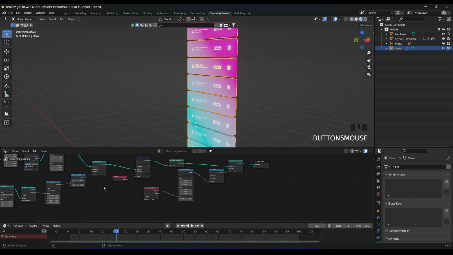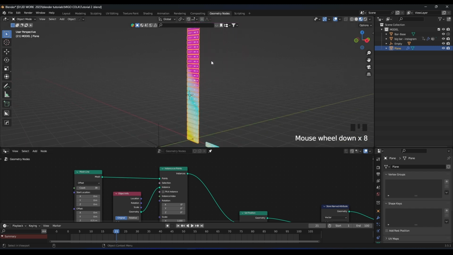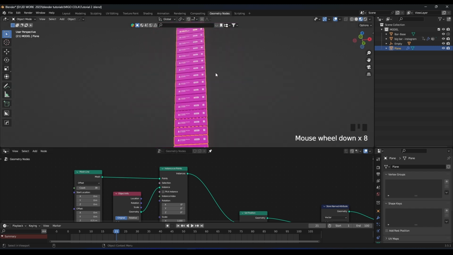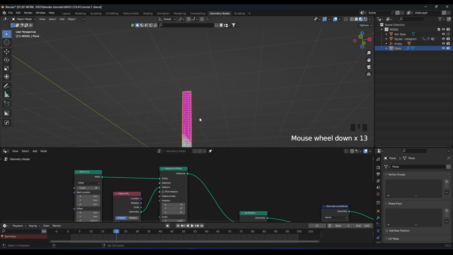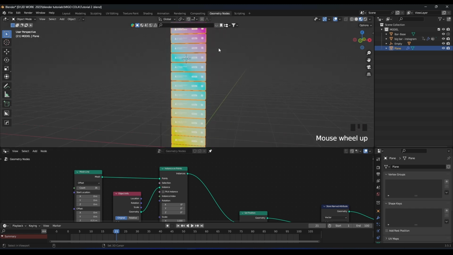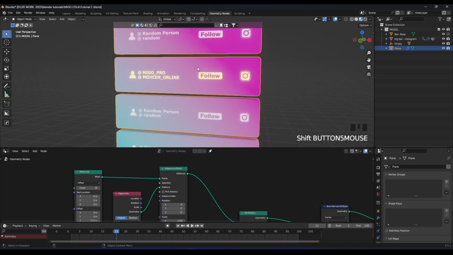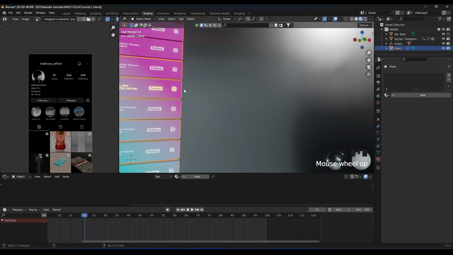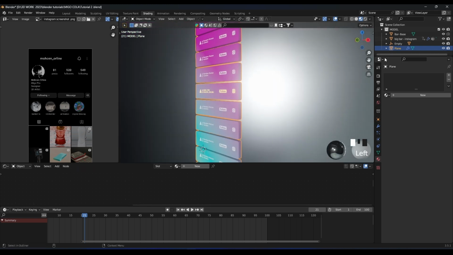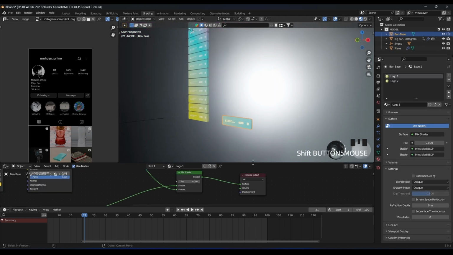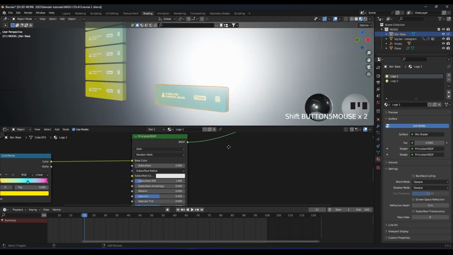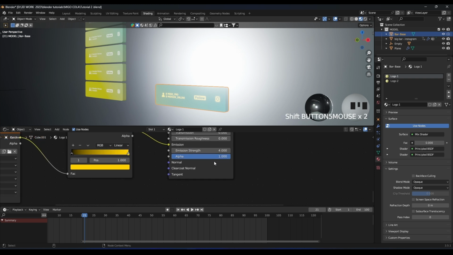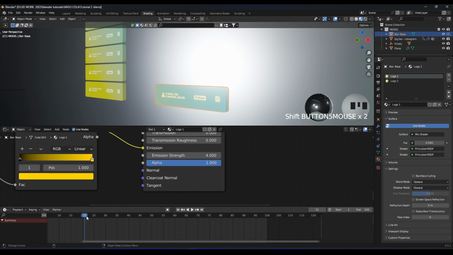Okay, even if we crank up the count, I think it's okay like this. Okay guys, now we have our materials here. So what we're gonna do is go to the shading, and we're gonna hide this material. Let's select our base. Let's join this like this. And what we're gonna do here is go to the emission strength, guys, and set this to like